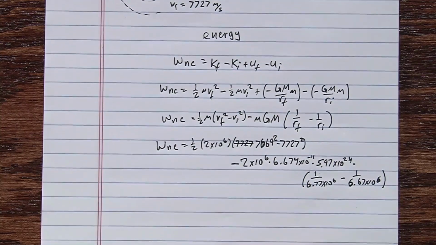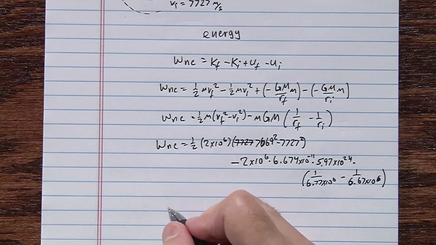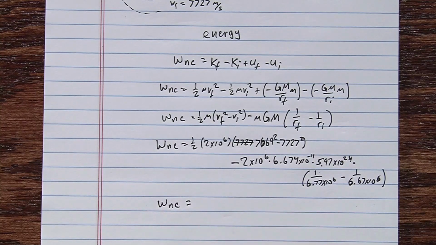Okay, time to calculate. And we will get work non-conservative equals 0.5 times 2 times 10 to the 6 times 7669 squared minus 7727 squared, minus